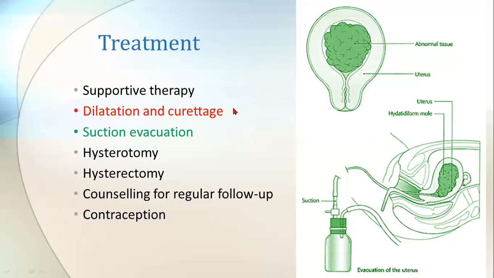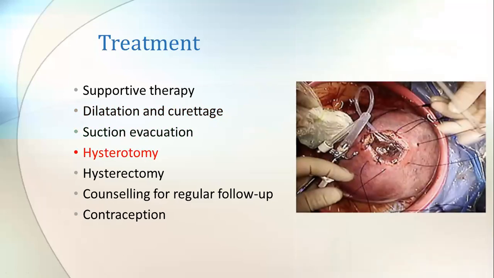And next, after dilatation and curettage, and after suction evacuation, if these are not possible, because sometimes there may be a high gravida pregnancy, where the woman may be a third gravida with two previous cesarean sections, at that time we cannot use any misoprostol tablet. So we should do hysterotomy. Hysterotomy means just give a small nick to the uterus and suck all the moles present in the uterine cavity. It is similar to the cesarean section. After sucking all the moles, just suture the uterus as in a cesarean section.